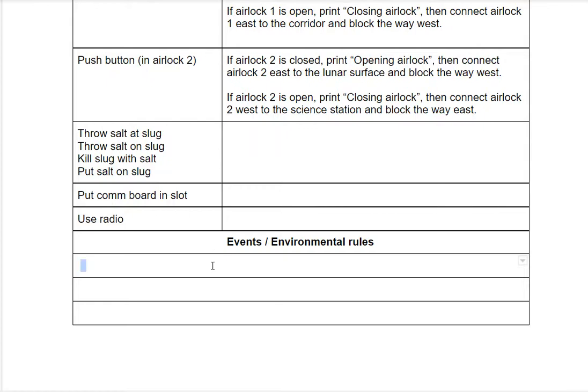So that's going to be a rule. It's not something that the player is going to type. That happens when the player is going to reach a certain point in the game. When the player gets to the corridor in the science station, we say, okay, if the slug hasn't been encountered yet, we're going to put the slug in the corridor over in the command center. So what would that look like? So we'll say, when the player is in the corridor in the science station,